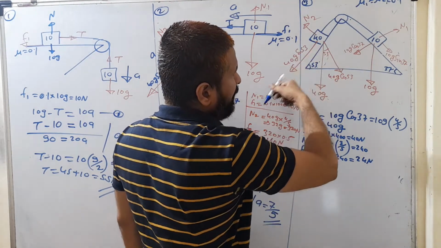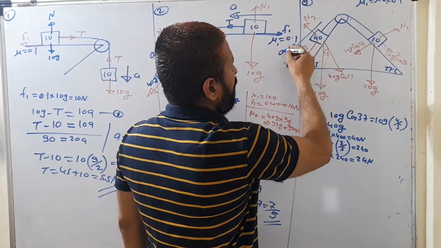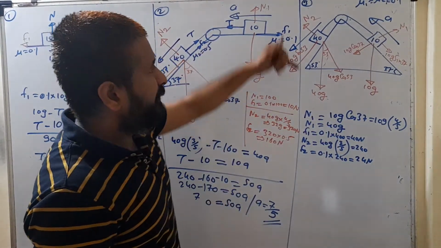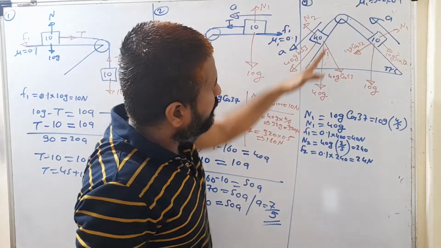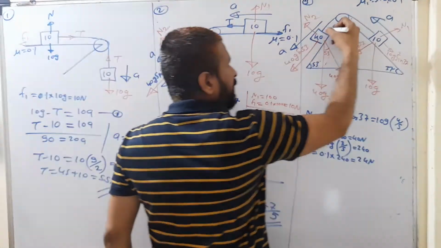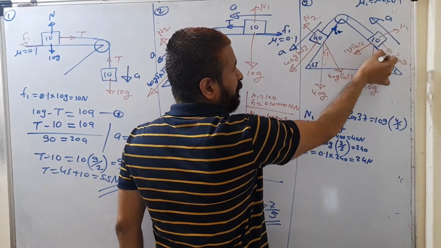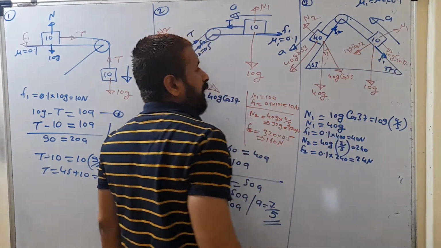तो this block has tendency to move downward. ये नीचे आएगा, ये तो ये ब्लॉक ऊपर जाएगा. Now you can write the equation. तो if this block has tendency to move down, इस पे फ्रिक्शन ऊपर लगेगा, मतलब फ्रिक्शन फोर्स एक्टिंग ऑन दिस is in this direction, that is what F2. This block is moving upward, तो फ्रिक्शन इस पे नीचे जाएगा, F1.